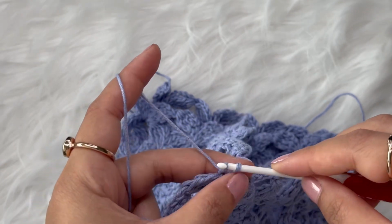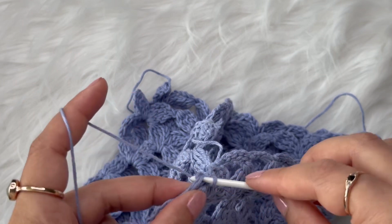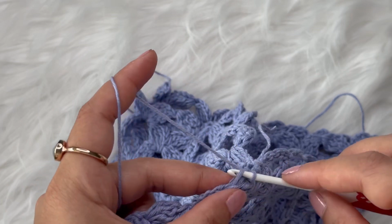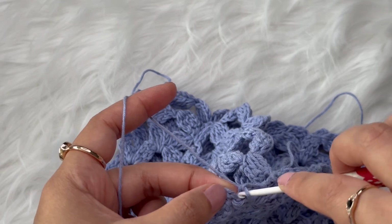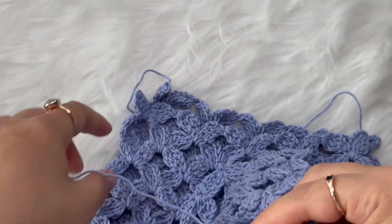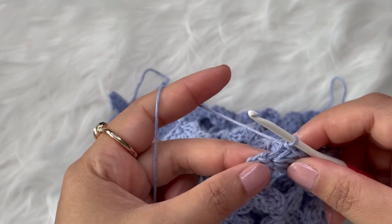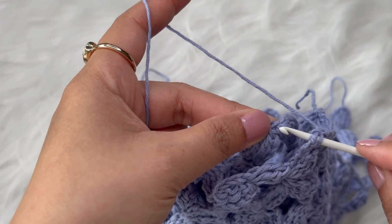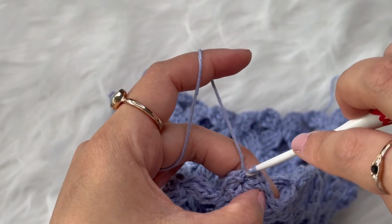Make sure it's not too tight, your slip stitch. So when you reach this corner of this petal, take the other side, and we're going to slip stitch these corners together to this. Just slip stitch,